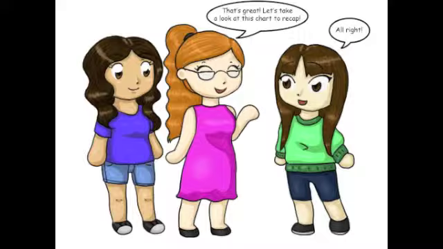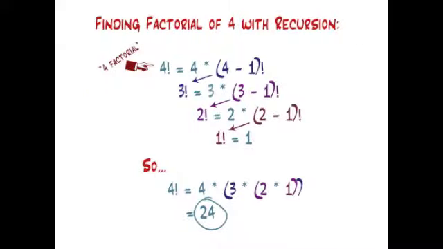That's great! Let's take a look at this chart to recap. Alright. Finding the factorial of 4 with recursion. So 4 factorial is equal to 4 times the factorial of 4 minus 1, right? That's 3 factorial. And 3 factorial is 3 times the factorial of 3 minus 1, which is 2 factorial. 2 factorial is equal to 2 times the factorial of 2 minus 1, which is 1 factorial. And 1 factorial is always 1, our base case. So, 4 factorial is equal to 4 times 3 times 2 times